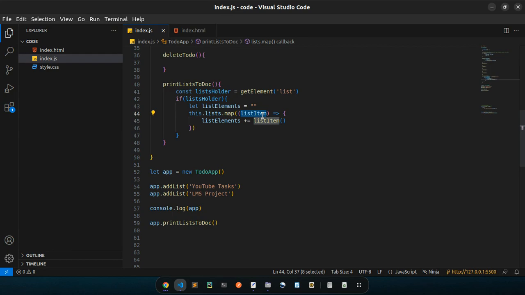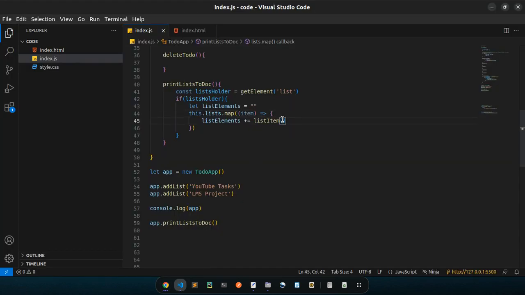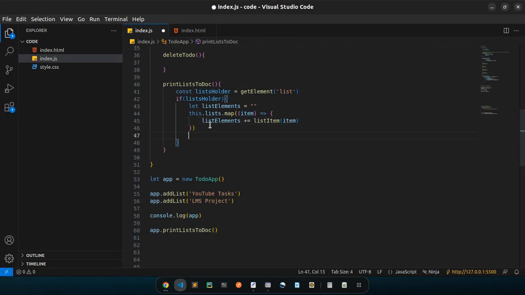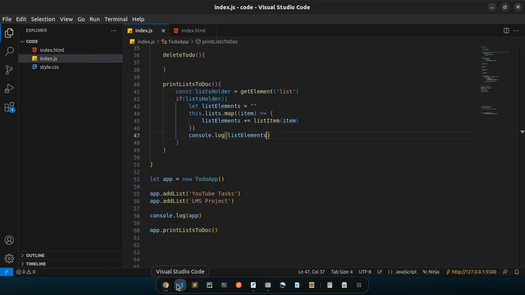Yes. So this is just a variable. If I change that one there, we are not going to get the error, and also we are not going to see our list item added there. So I'm going to pass in here the item, and if I go down and console.log the list elements, you will notice something. It's saying we have this one, the first one here, list item, it is an object, another one, object. And you might ask, why is it saying object? It's because this list item only takes in a string. But in this case, if you were to print out the item,